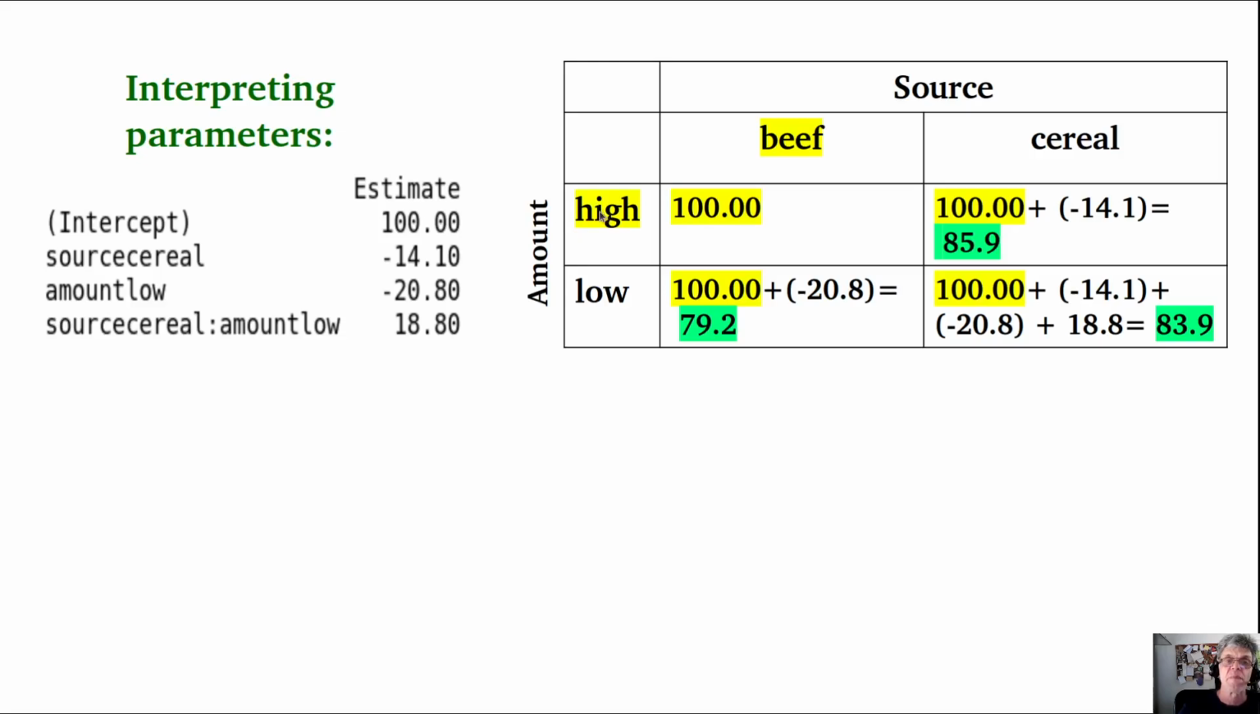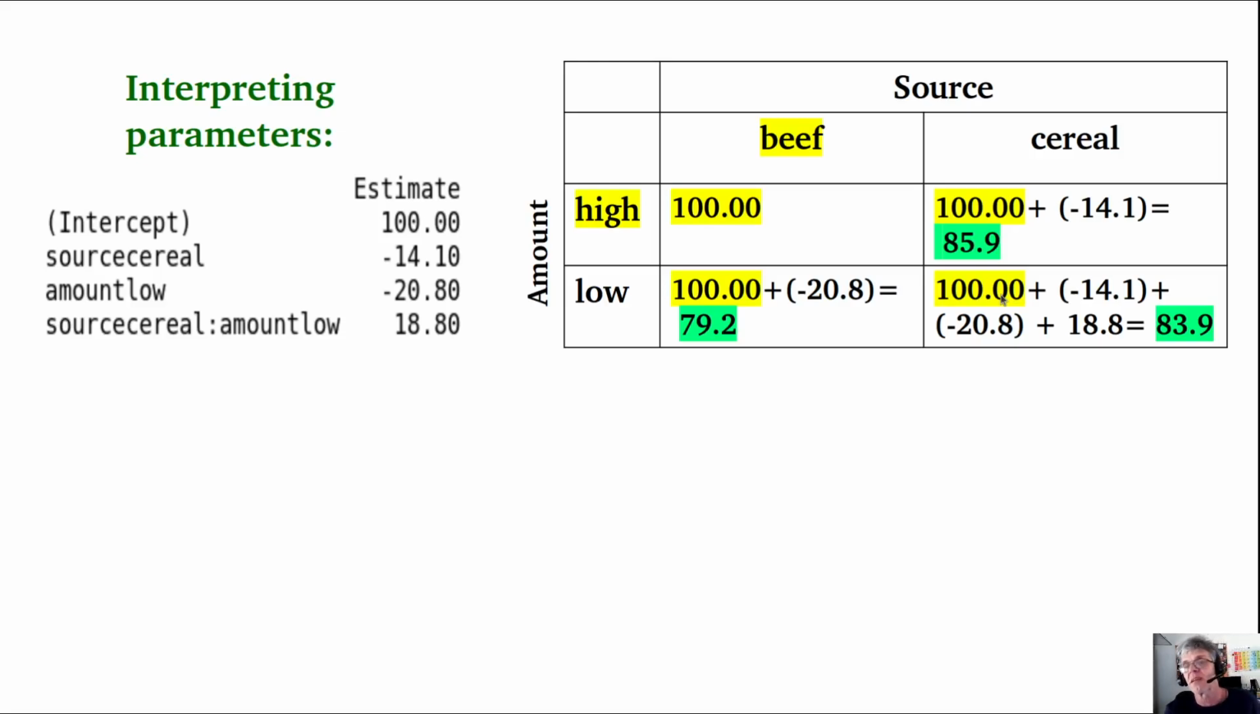20.8. Now, if we switch from BIF to serial while keeping the reference level on high, we need to add the differential of minus 14.1. So 14.1 is the difference between 100 and 85.9 while keeping the reference level of the amount explanatory variable as in high. Now, if we now move from the reference levels of BIF and high to the other